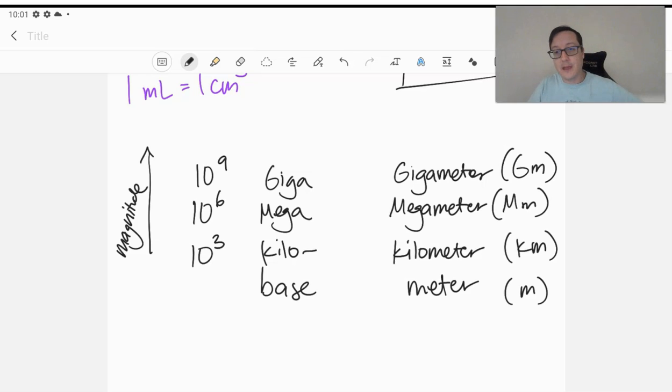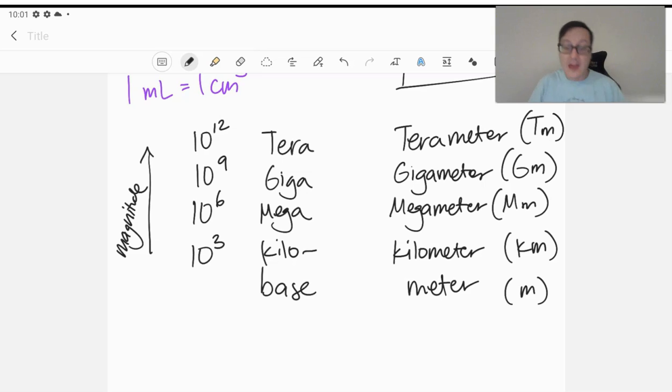Capital G, and then your base unit, in this case meter. And at the top here, there are more, but we're gonna stop here. We have the tera, and again terabytes. So you know many of these terms: mega, kilobytes, although we don't really see those much anymore. Megabytes, gigabytes, terabytes, right? These can be applied